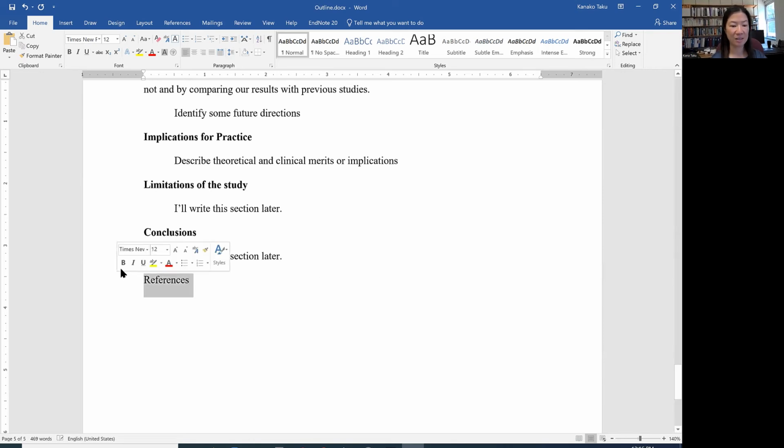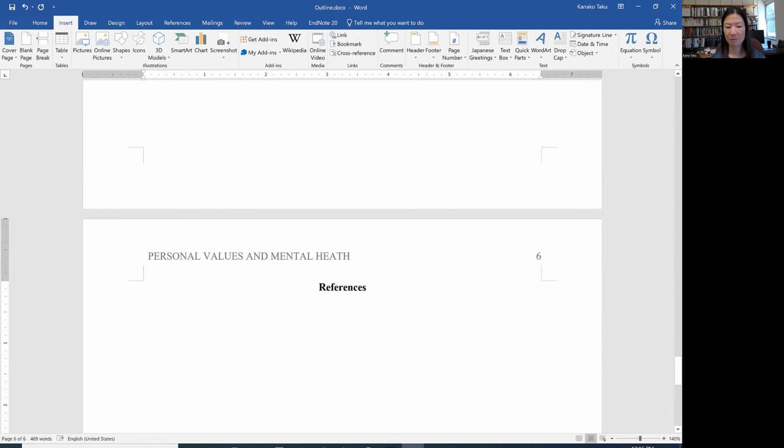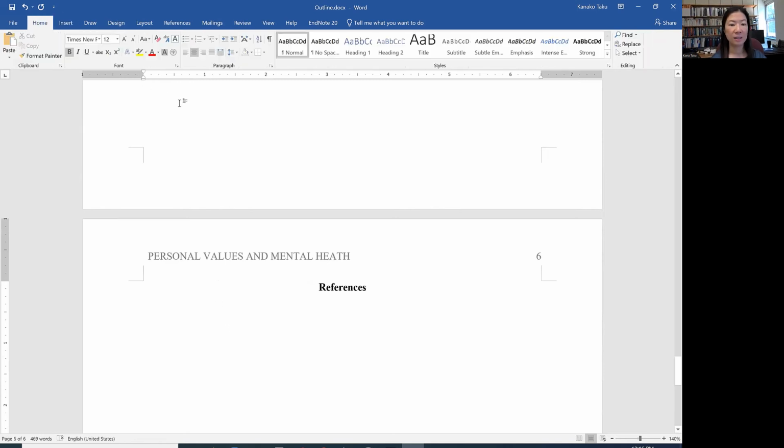So the references is going to be bold and then centering, but instead of clicking enter, click insert again, page break. Now it's going to be the next page. And then once you click, then I'm going to start on the left-hand side. I actually want to write something about it. Let me do this. Okay, so because I know I'll definitely